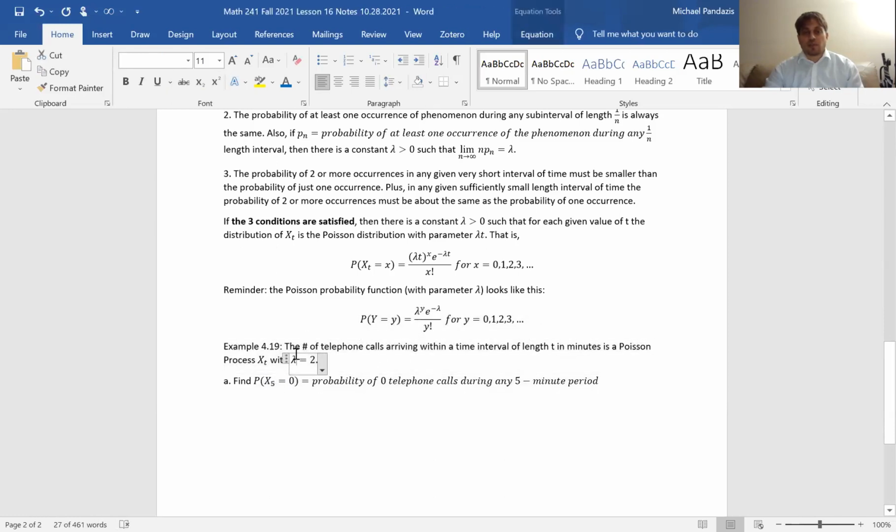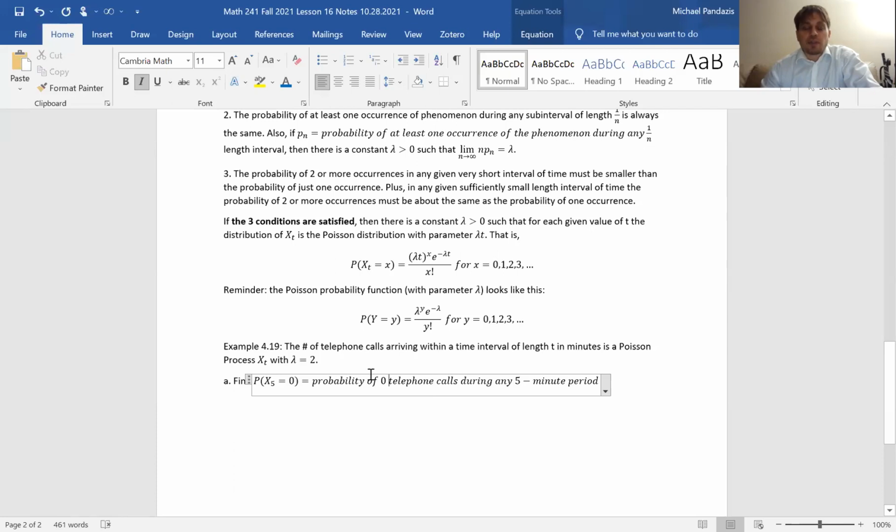Okay, so that's told to you in the problem, or when you're doing something, you would tell the person reading what unit of measurement you're using. So our unit of measurement for time is minutes, and so 5 here denotes the number of minutes. So we're considering intervals of 5 minutes, and we want to know the probability where in any 5-minute period, the number of telephone calls is 0.